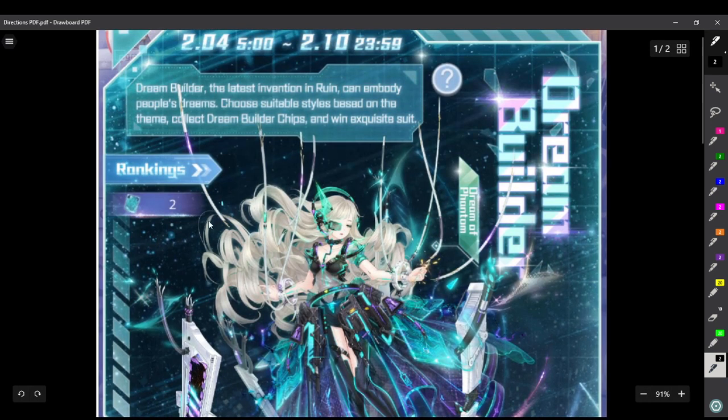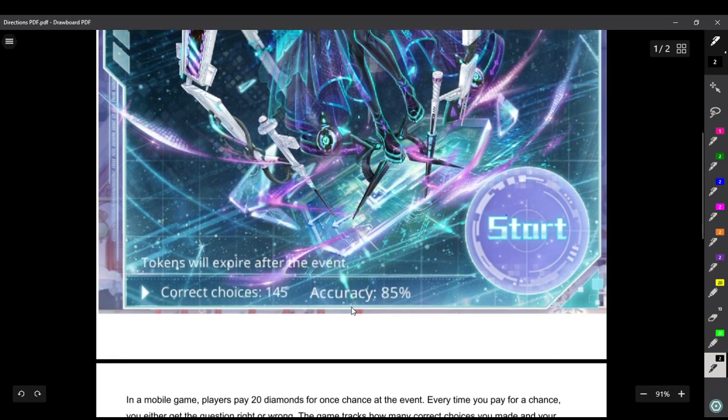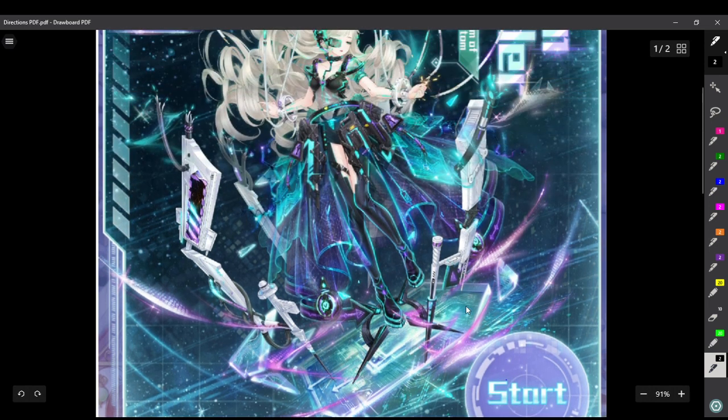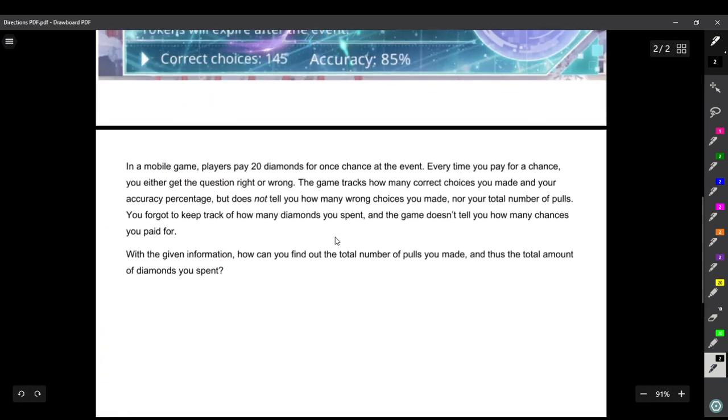But if you notice anywhere on this page, it does not tell you how many diamonds you actually spent, nor does it tell you how many total choices you pulled. You only are given your correct number of choices. And, well, when I played, I forgot to tally up the number of diamonds I had before I started the event, so I have no idea how many diamonds I actually spent. So we're going to look at this